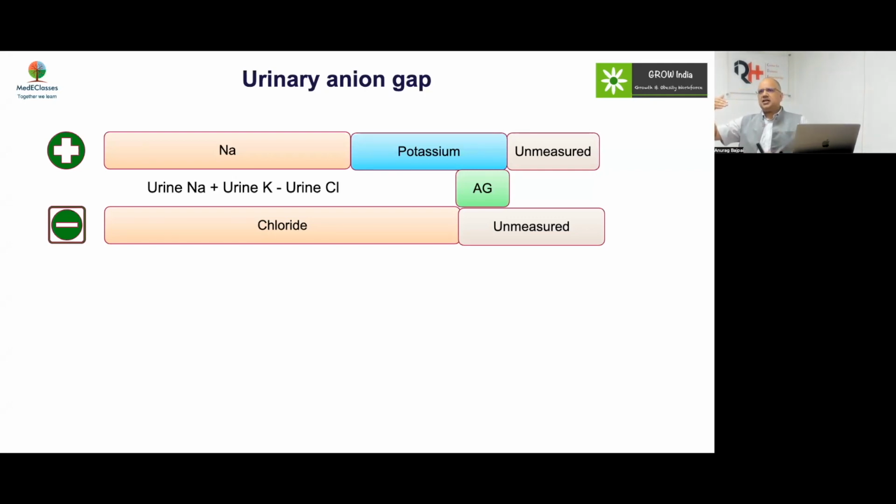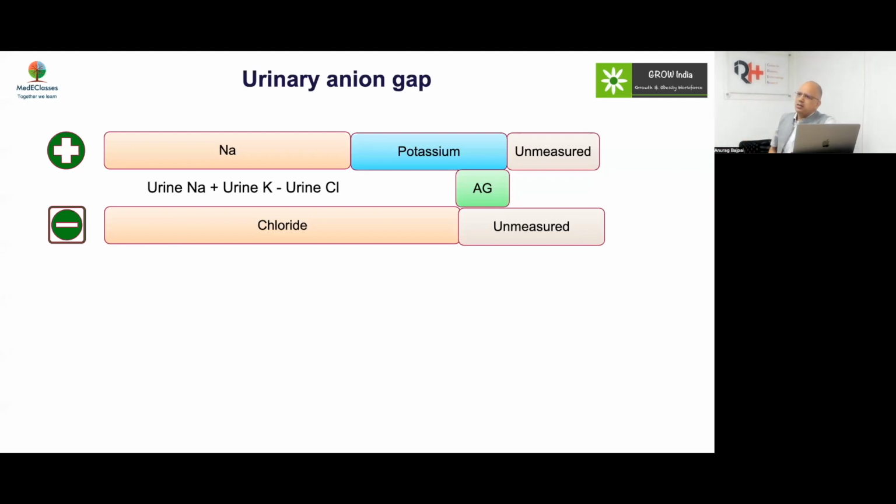We have discussed that it's the ammonia which actually goes along with protons. So ammonium production is a good marker. So what you're looking at is to detect NH4 plus in the urine. Now, how do you detect NH4 plus? Of course, this cannot be done in an easy way. You have to use an indirect way.